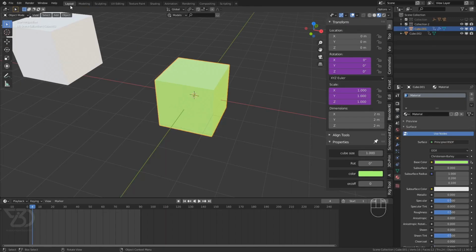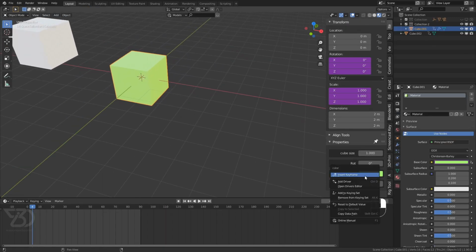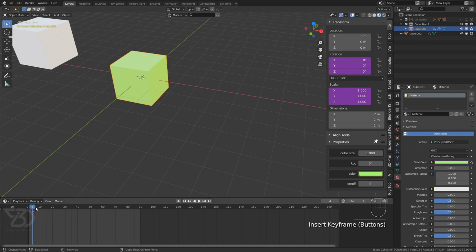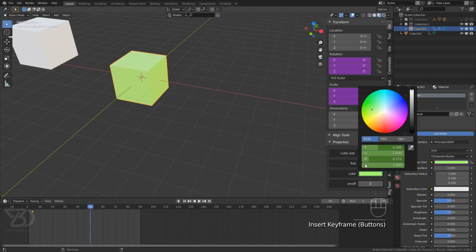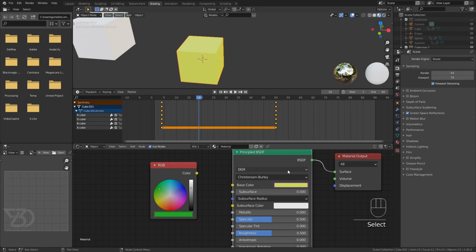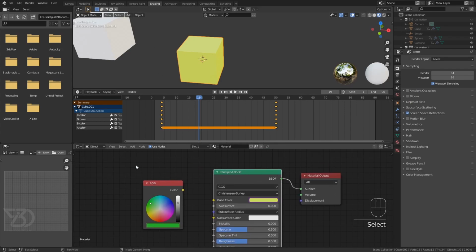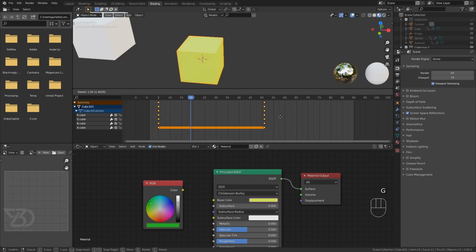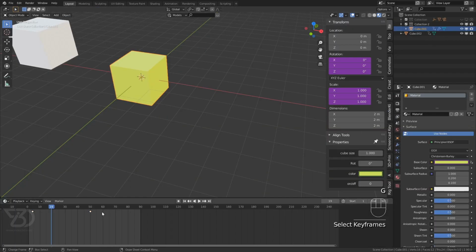We can just do it from here and insert a keyframe in this custom property which we have just created, and then paste it, change the color, and then insert another keyframe. See, it's changing, and if I deselect the object, it's gone, and as soon as I select the object, it's back again, and we do not even have to select this. So let's deselect this one, and the keyframes are still visible, and we can easily adjust them from anywhere we want.